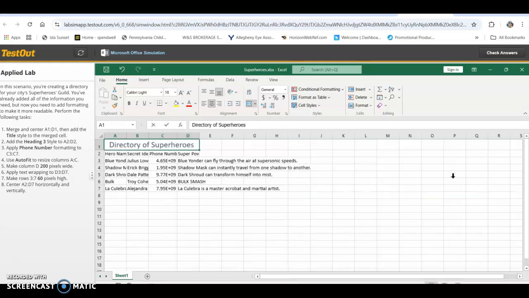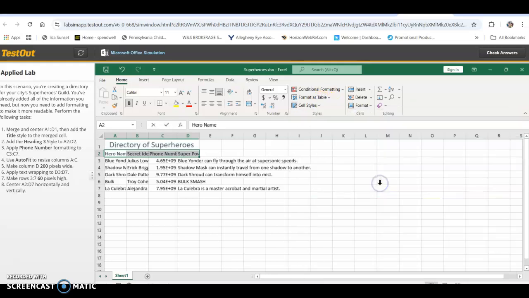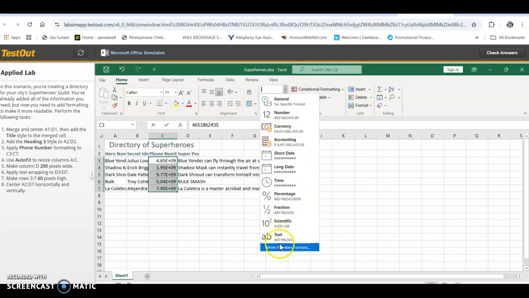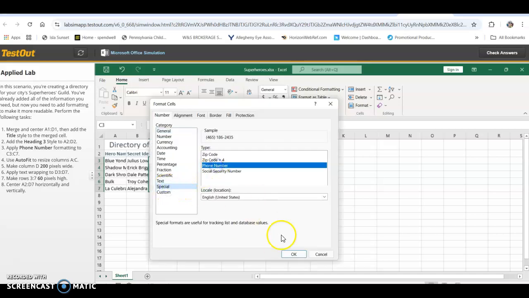Add the heading style to A2. So I'm going to come over here, A2 through D2, select my cell styles, and add heading 3. Apply the phone number formatting to C3 through C7. So I'm going to come up here again, go to more number formats, select special, and select phone number, click